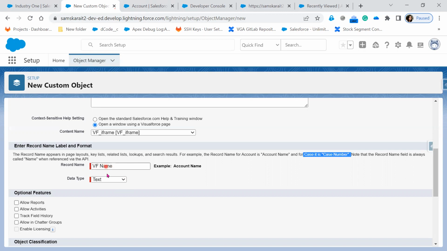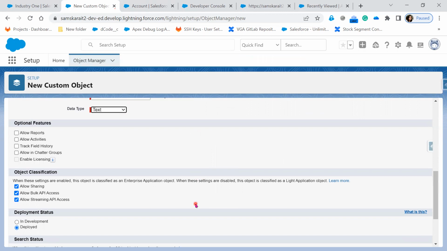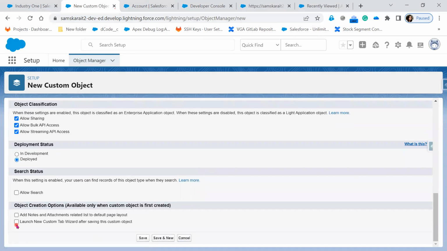And this name, do you want a text field or do you want an auto number? Text field means we have to enter the text. Auto number means automatically it will capture the number. When I say auto number, it will ask from which number do you want it to start automatically, right? So right now I'm going to just take the text and then I'll say that tab, launch new custom tab,